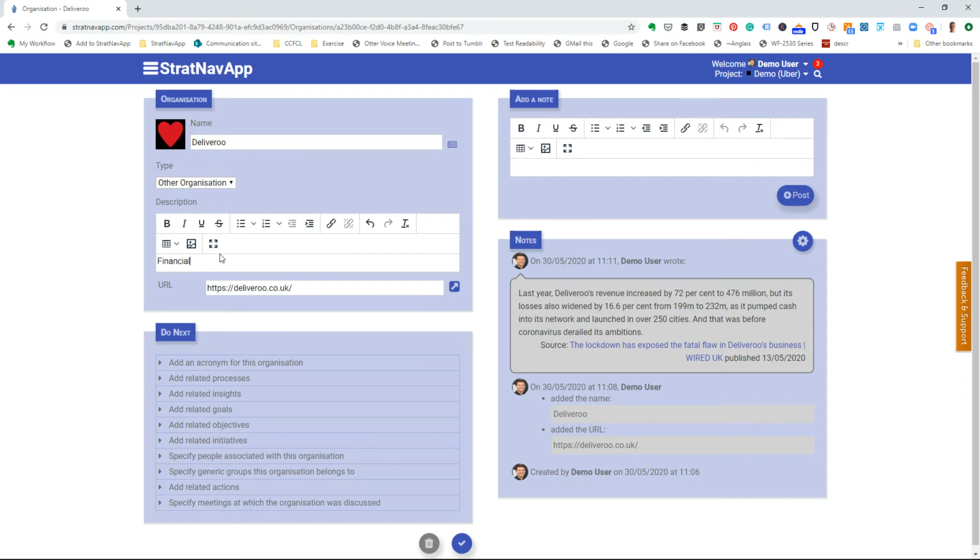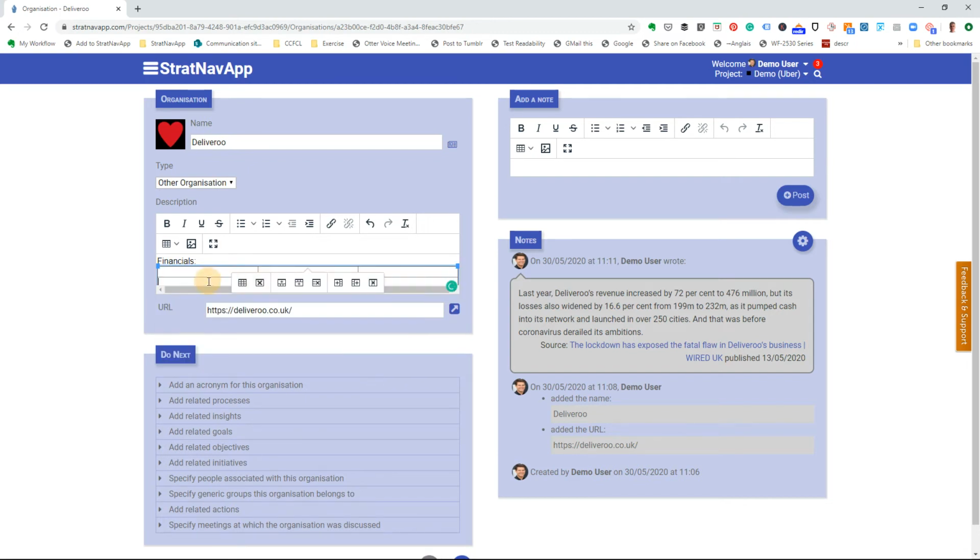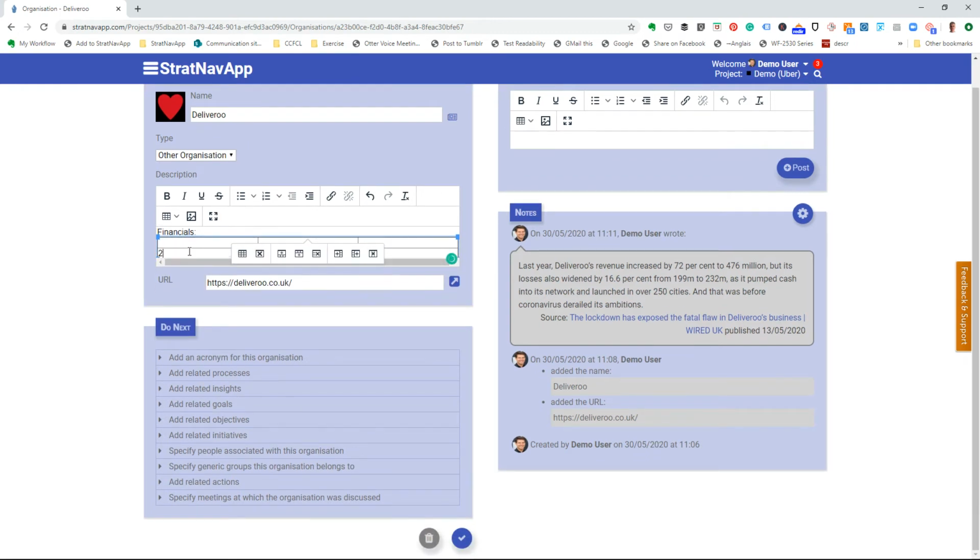So here I might say we're now starting to build up a picture of the financials of Deliveroo. And so I might insert a small table, and I can say this is for, we're referring to last year, so it's 2019. I can say we've got the revenue figures, and we've got the losses as well. And so for 2019, we know that the revenue was, where is it? 476 million here it says. So it's 476 million, and that's up by